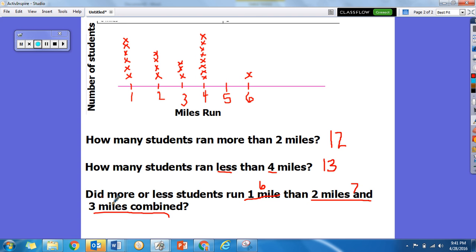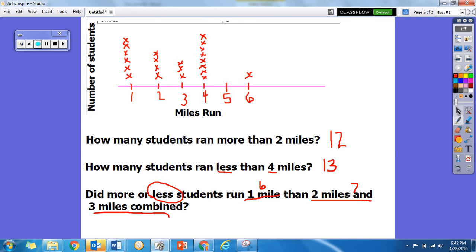Now, it said, did more or less students run 1 mile than 2 miles and 3 miles combined? So, what we know from counting the students on our graph, more students ran 2 miles and 3 miles combined. So, less students ran 1 mile than 2 and 3 miles combined. And that's our little example of how to read a line plot, how to make one, and how to answer